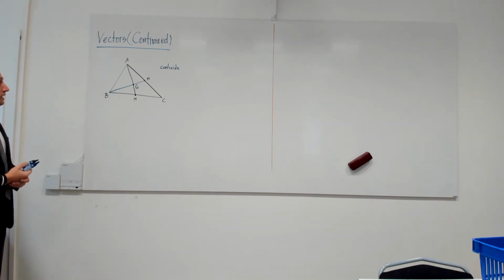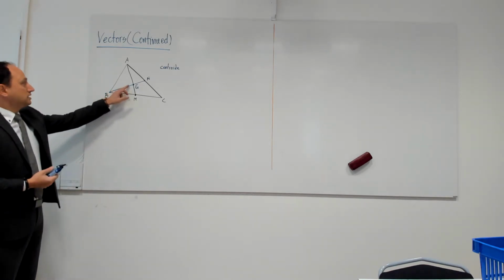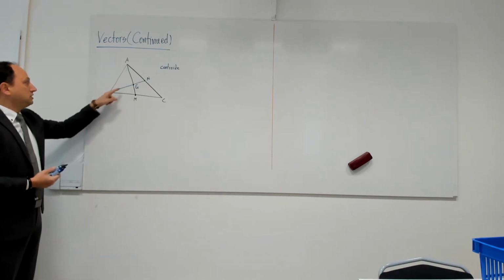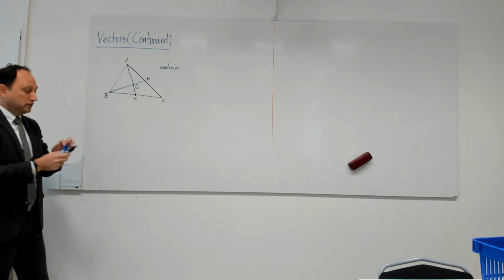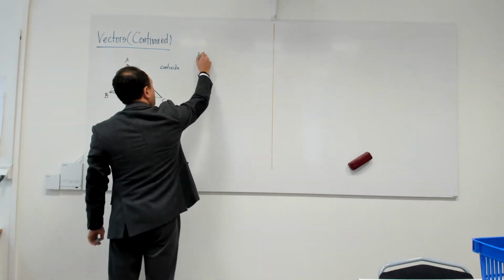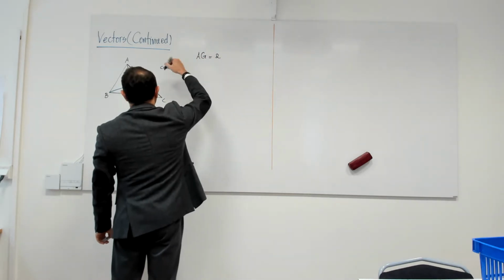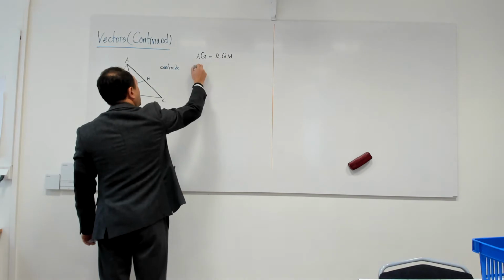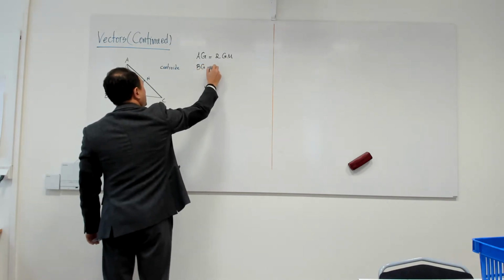Before continuing any further, can you tell me what is the relation between the area of this triangle BGM and the triangle ABG then? So we learned that AG is 2 times GM,